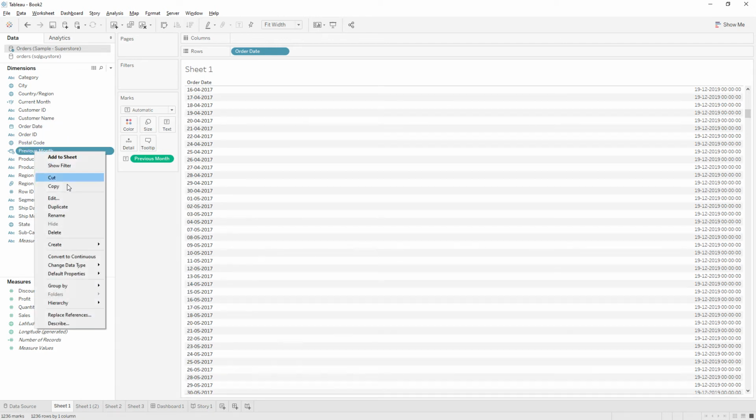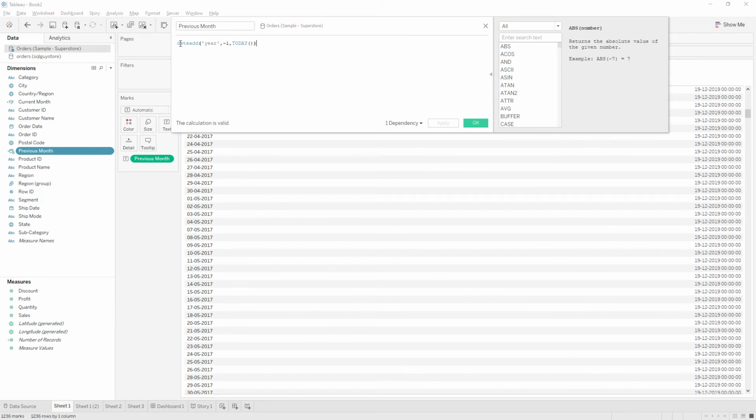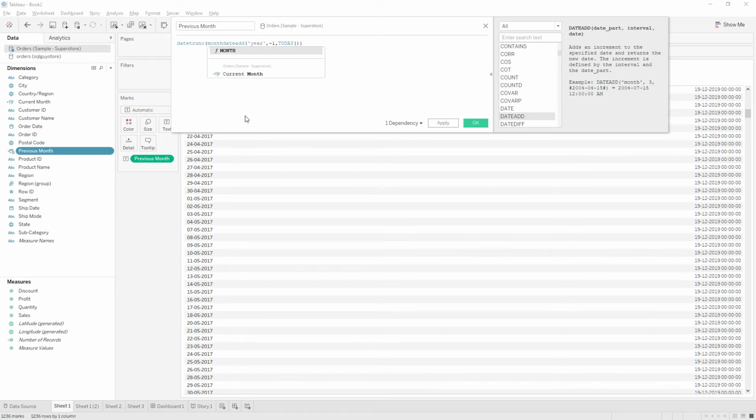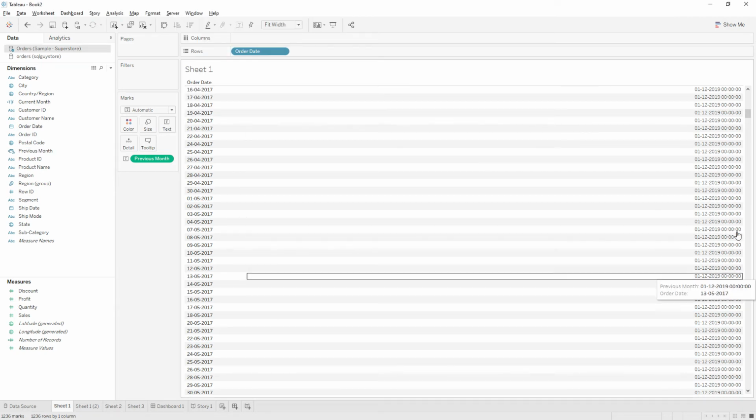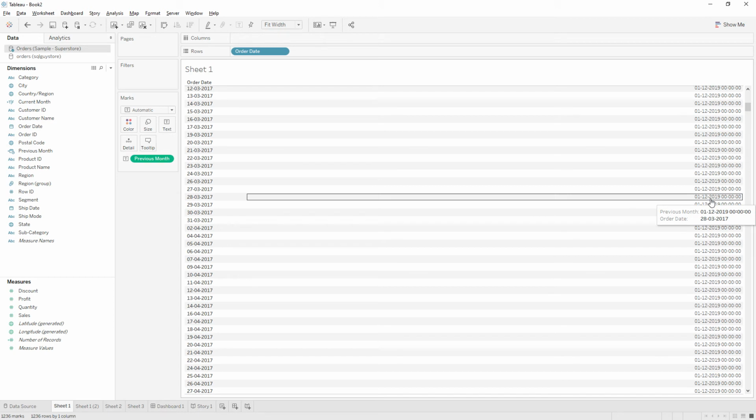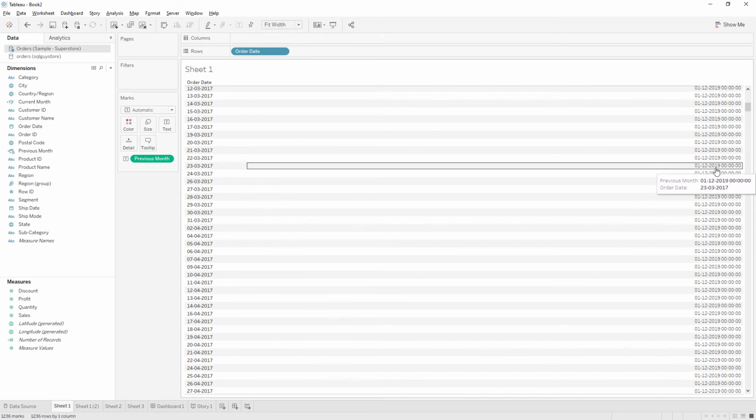So next you need to truncate this with date trunc. We need to get the comparison with the month, so just take the date part as month, comma, and close the brackets. Now we are getting the date 1/12/2019.